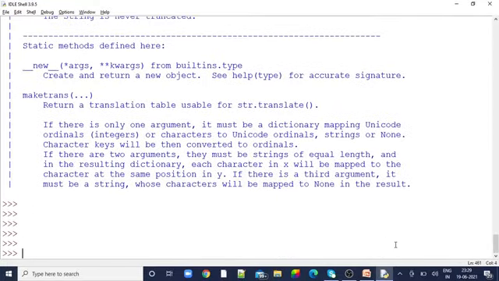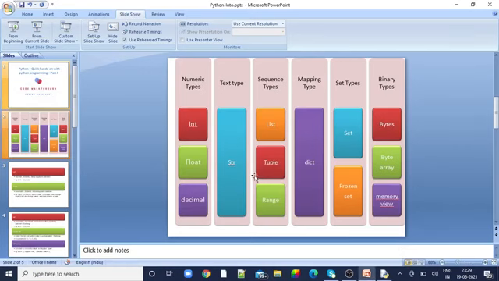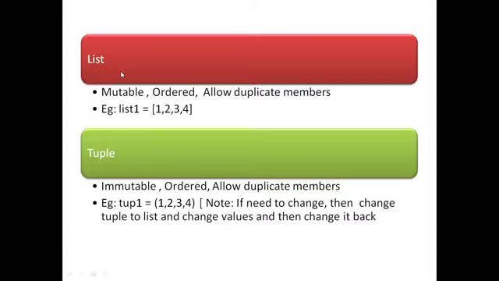So let's move on to the next data type, which is the sequence types, that is list or tuple. So what is a list? A list is specified with square brackets, it is mutable. Mutable means once a list has been created, it is easy for us to modify it.